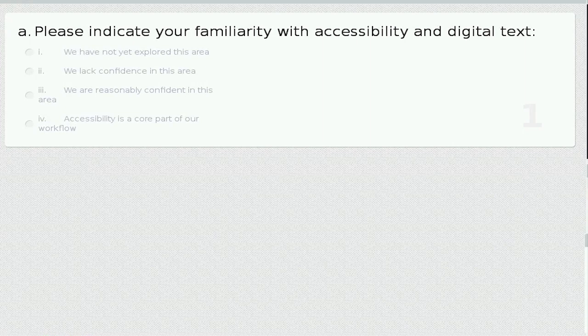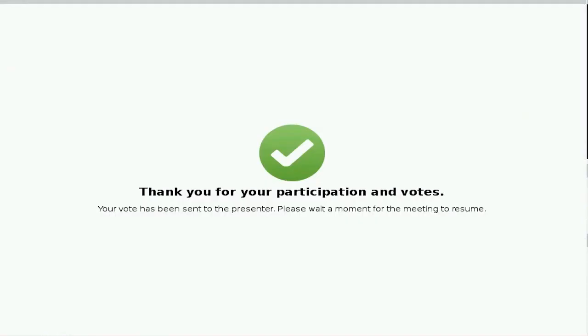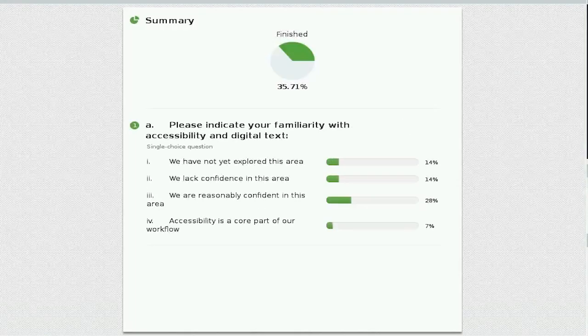So once you've clicked on it, I think there's a send or a submit button. Right, so I should show you all the votes, and here on the screen we've got a bit of a mixture. What's pleasing is that the bulk are reasonably confident in this area.